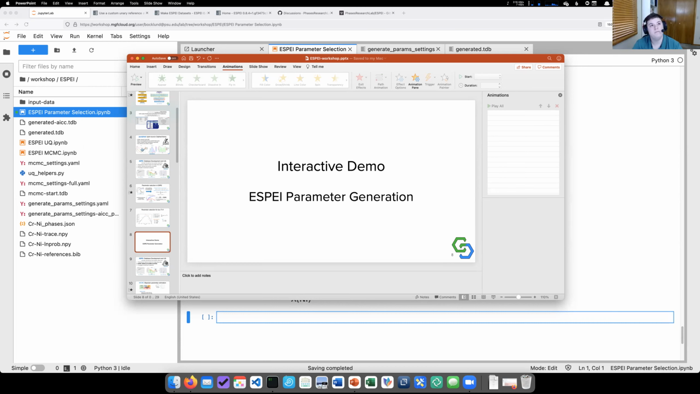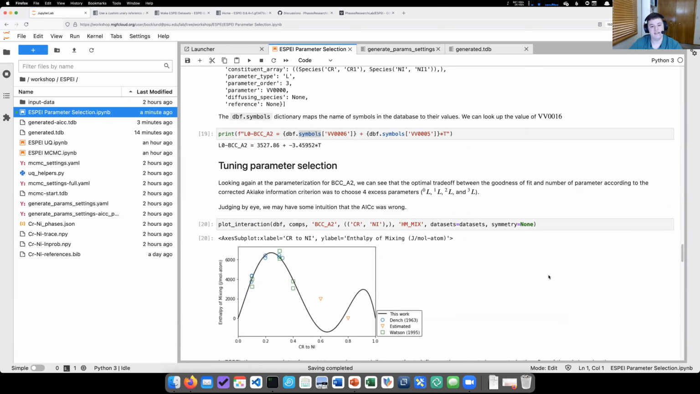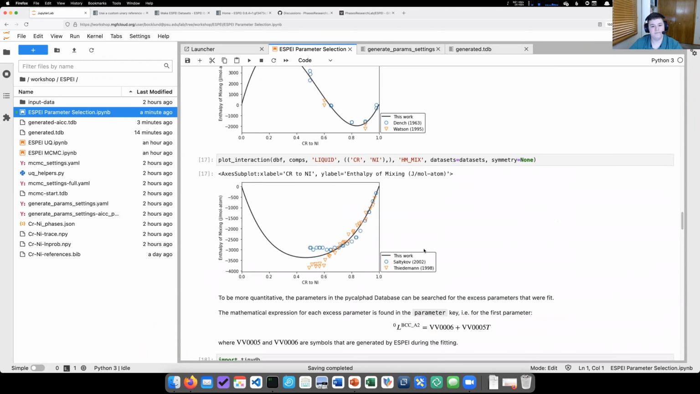Yeah. So in parameter selection, not really. I think it's pretty rigid. As parameter selection exists today, it really only supports Redlich-Kister interaction parameters, and it's just doing a very basic power expansion fit on the data that you provide. These were all interactions today, but you can also fit endmembers to that